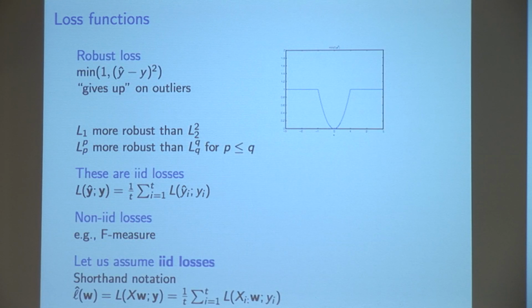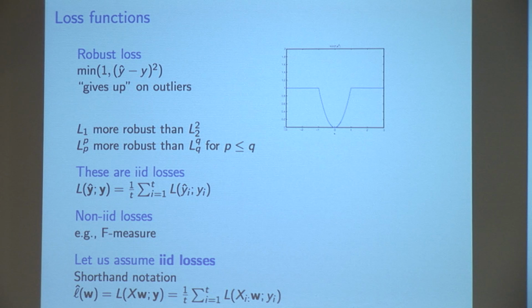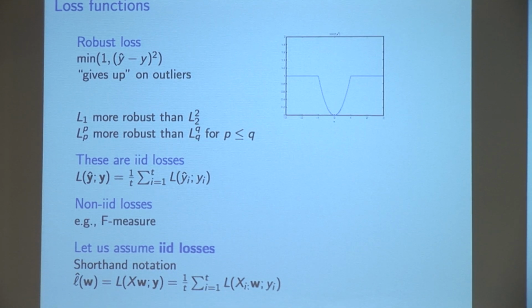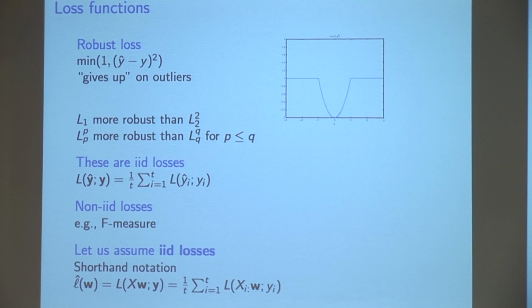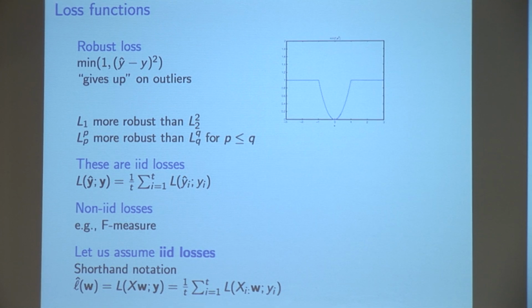OK, last consideration for loss is robustness. I guess I talked about that already, so I won't say more about it. Robustness would be good. Another thing I've mentioned already is that I'm going to assume for the most part that the losses we're thinking about decompose additively over the training examples, which is tacitly assuming that we're in an IID setting. We've got a fixed stationary distribution. We're drawing data from that distribution, learning a model from that data, and then applying that model to data drawn from the same distribution. Okay? We're not worried about non-stationarity or drift or adversaries or things like that, although those are interesting issues.